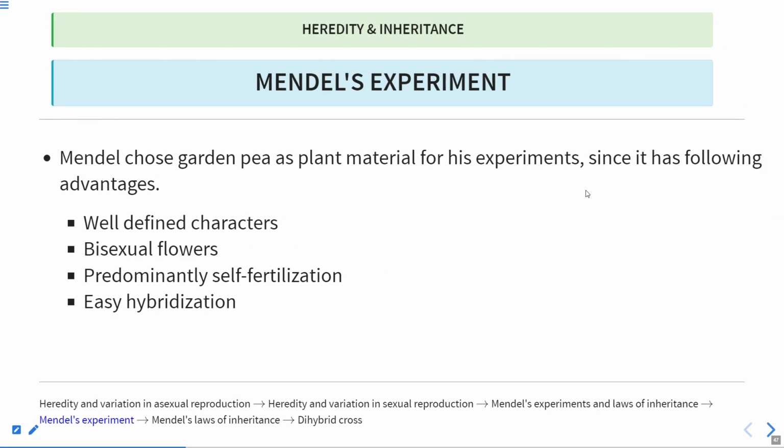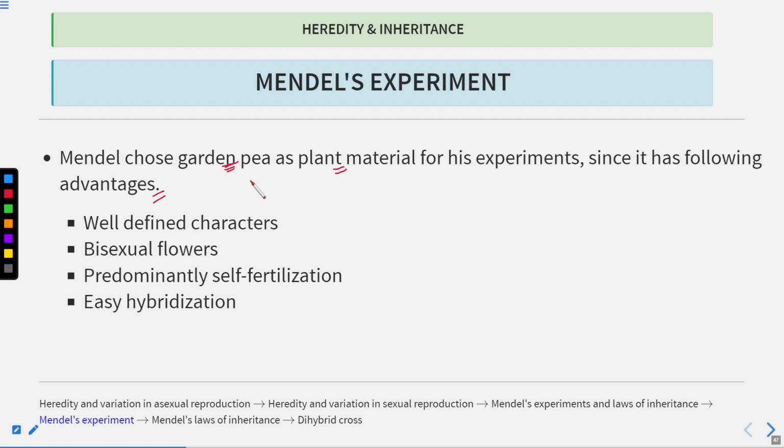In this section, we'll study again about Mendel's experiment. Okay, so let's start with this lecture. Mendel was working on the garden pea. Mendel chose the garden pea as a plant. So why did he choose this plant only? Garden pea only. All right, so these are the reasons why he chose the garden pea plant for carrying out the